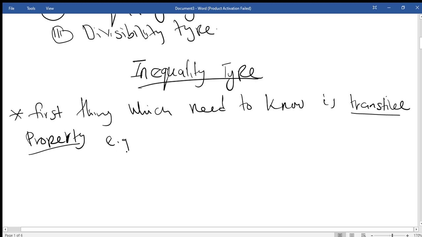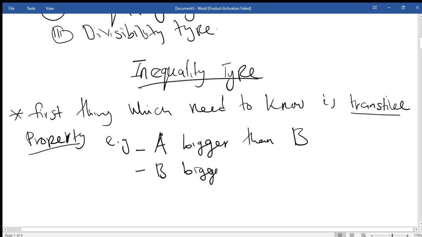that A is bigger than B. This is the first statement. The other statement, we can say that B is bigger than C. So if we look at these 2 situations, we are looking at 3 individuals: there is A, there is B, and there is C. In the comparison where A is bigger than B, and at the same time B is bigger than C, by the transitive rule or the transitive property,